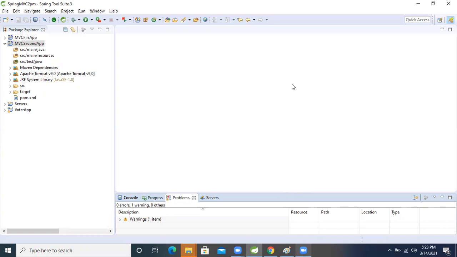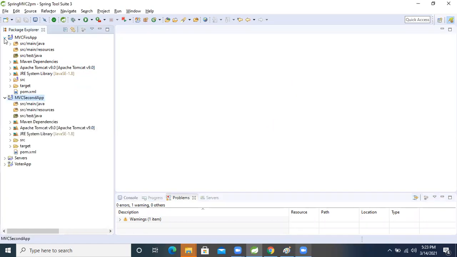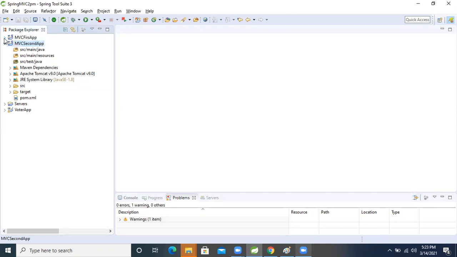So now let's move on and we will see that practically. The same application, whatever application we learned in the first application, I'm going to do it again, but here I'm going to give the configuration.